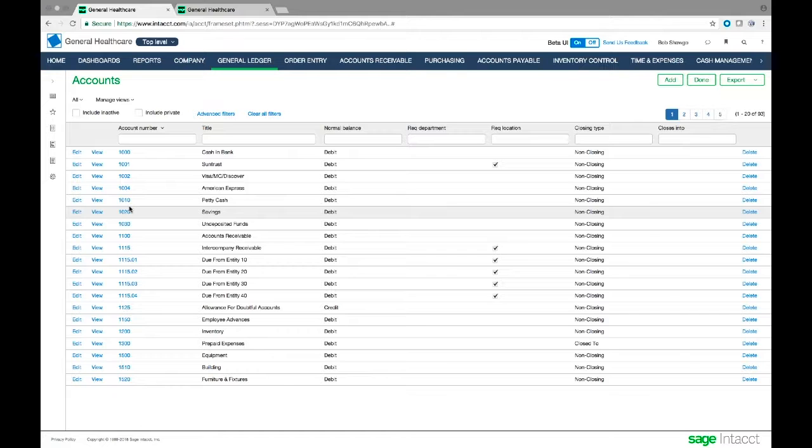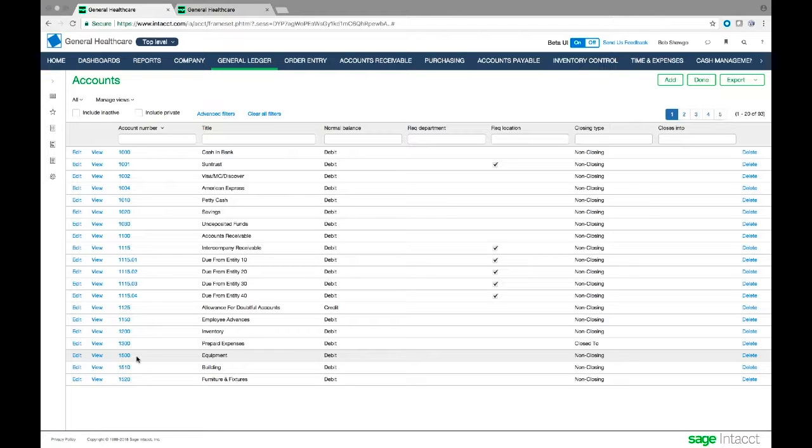So in another company, I might have an equipment account, 1500, and a different account for each location, maybe a dash or a dot and an extension for each location, and then an extension beyond that for each department. I might have 3 or 4 extensions to this account number, and then I'm tripling and quadrupling the number of accounts in my chart of accounts. We've been able to simplify that with dimensions so that you have a smaller chart of accounts with